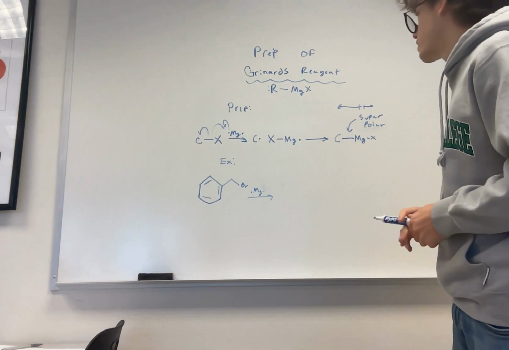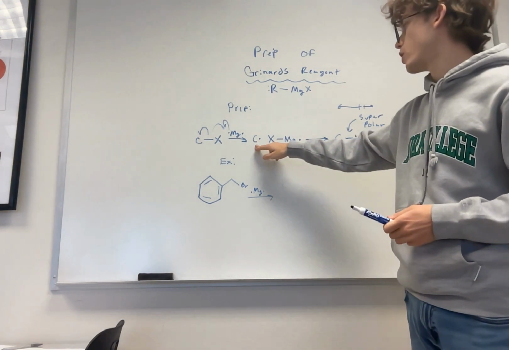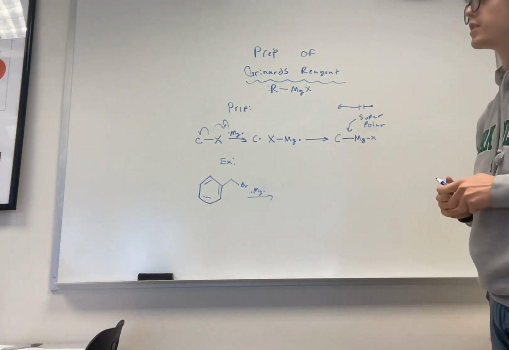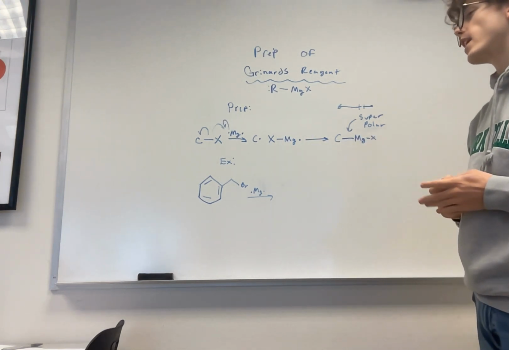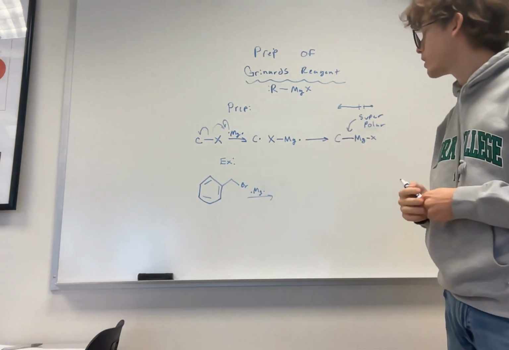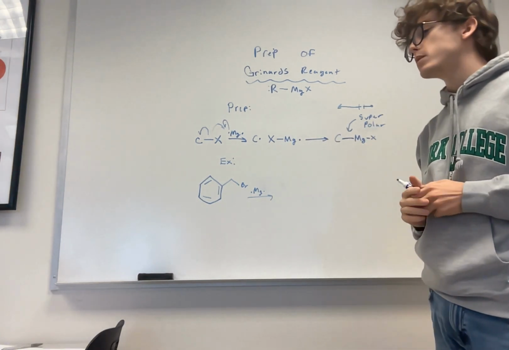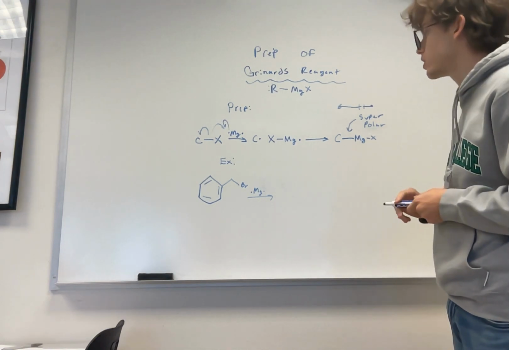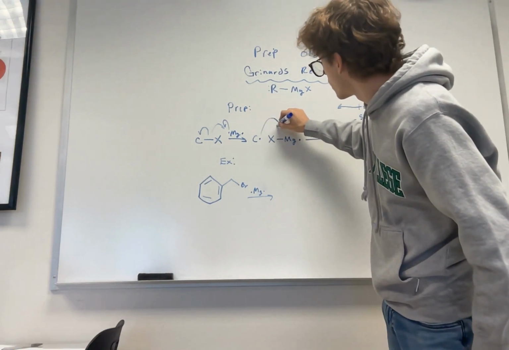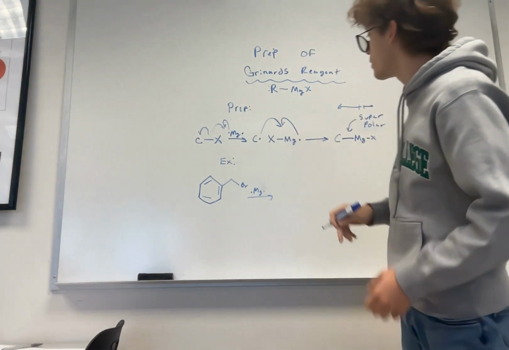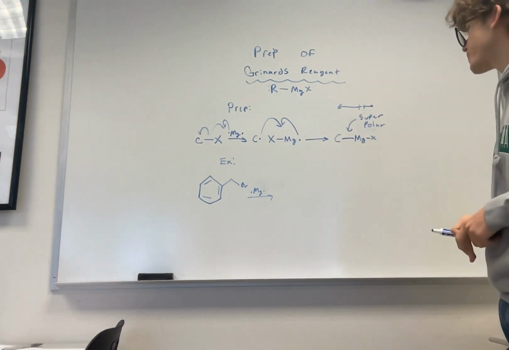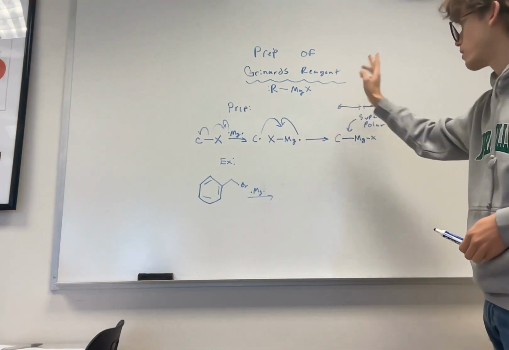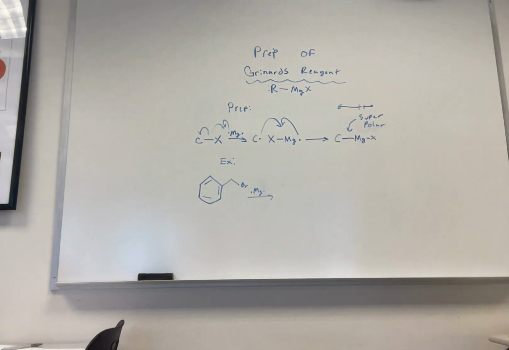And what that's going to form is a magnesium halogen bond, and carbon will become a radical. Magnesium still has an electron here, so what it will do is it's like, carbon, I know you really don't like having an electron, right? Because carbon's not a very electronegative atom. It doesn't really like having an extra electron just kind of chilling. It'd rather share it. And usually that will help it fill its octet. So we have the bond form through fishhook arrows,